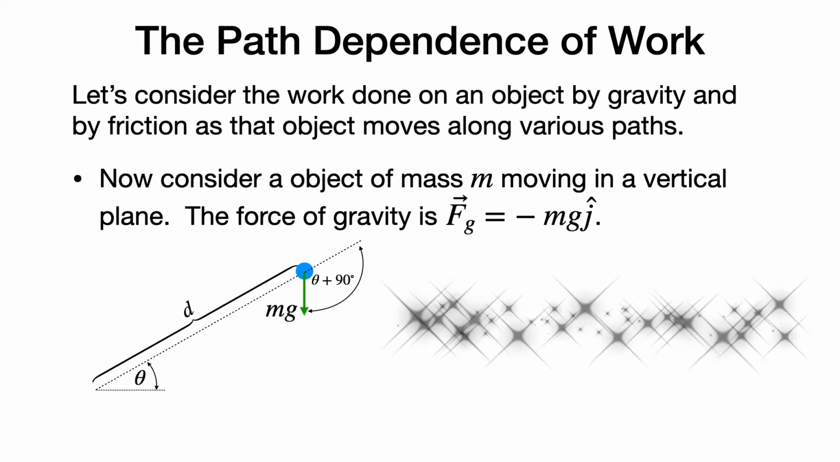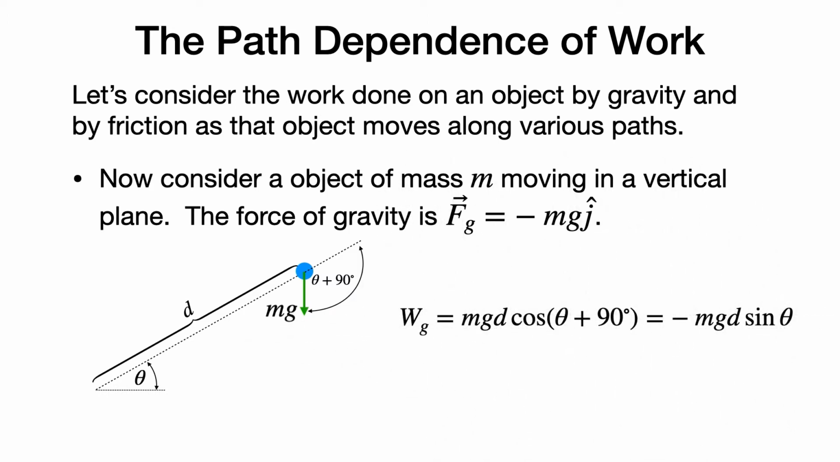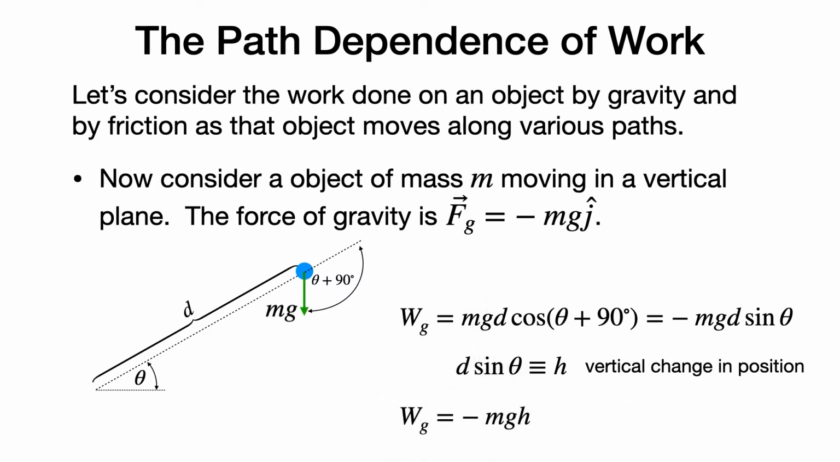Using this angle, we can compute the work as mgd cosine of this angle, which turns out to be minus mgd times the sine of the angle theta, which is the angle of the trajectory relative to the horizontal. Now, d sine theta turns out to simply be the vertical change in the position of the particle. So, more simply, we could write that the work done by gravity is minus mgh. It depends only on the height gained by the object and is completely independent of any horizontal motion of the